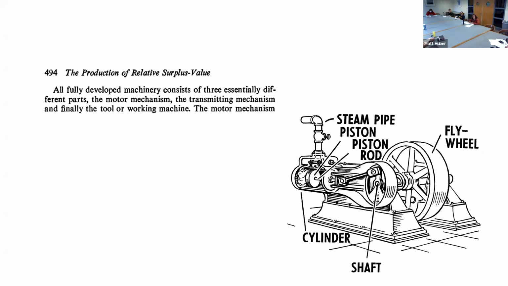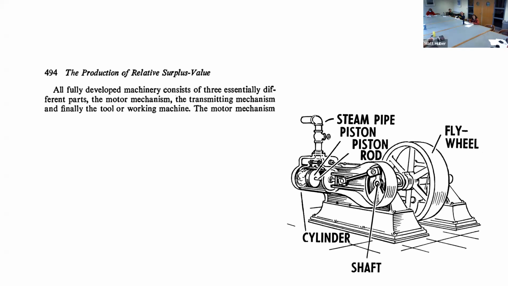is the steam that is ultimately generated from, eventually, coal, which boils water and creates steam. The steam goes into the steam pipe and piston rod. If you look at your tea kettle when it's going, that relationship of steam creating force is at the core of basically the modern industrial revolution. And that steam is harnessed by this mechanism, and then that power